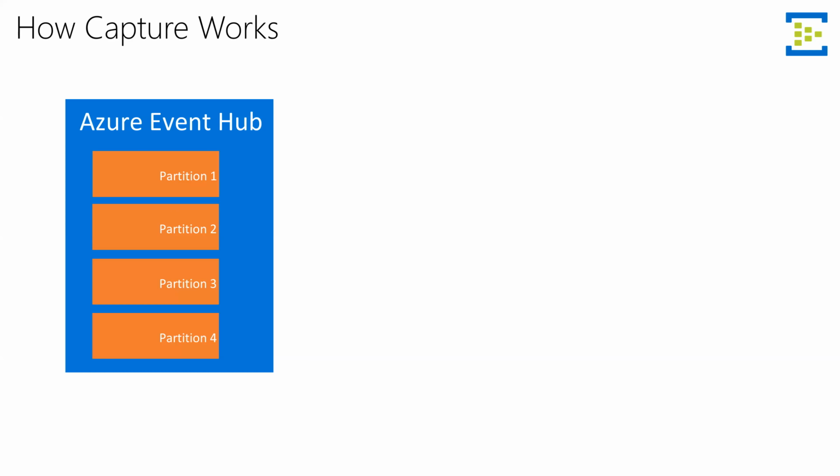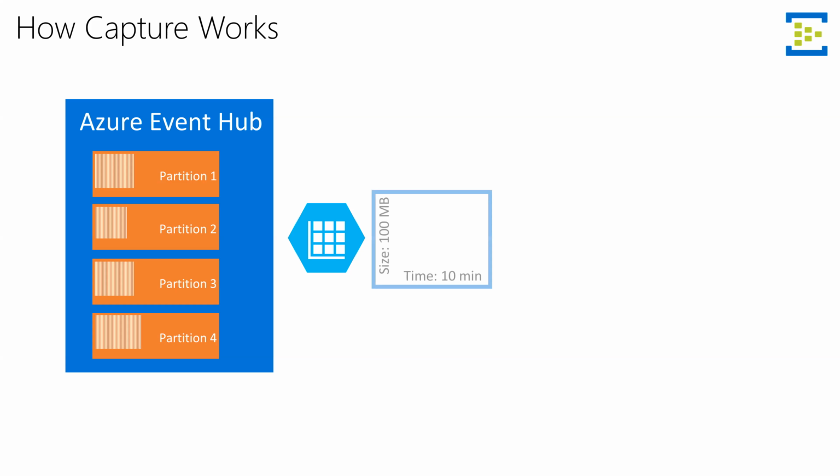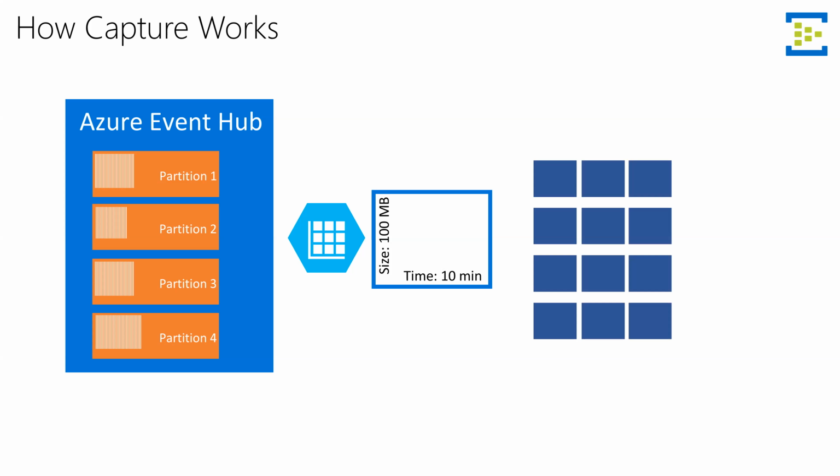So how does the capture work? With the Event Hub, right, and the partitions that have the data, we define a capture rule for a storage account. We usually need a container to be defined, pre-provisioned, and 2 parameters, size and time. So for example, in my case, I'm going to specify that size is no more than 100 megabytes for an output file or blob, and time should not exceed more than 10 minutes. So whatever comes first will generate a blob, and those blobs are automatically generated as the data is streamed into Azure Event Hubs.